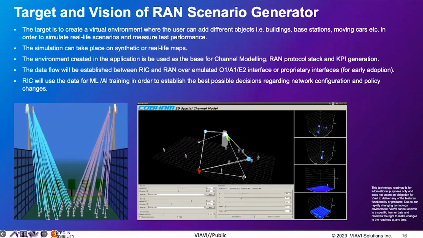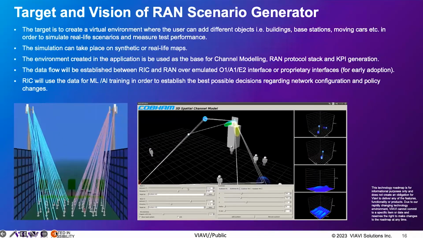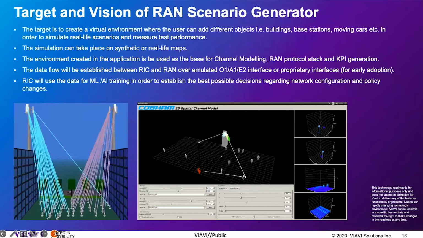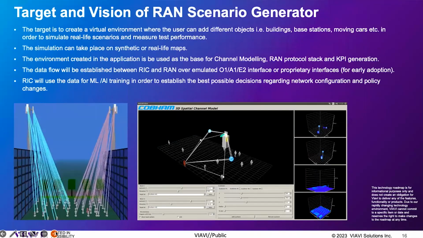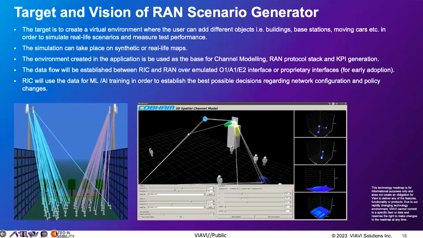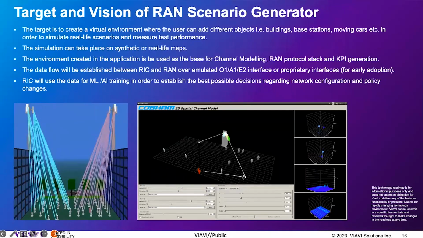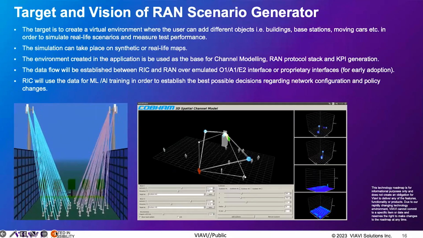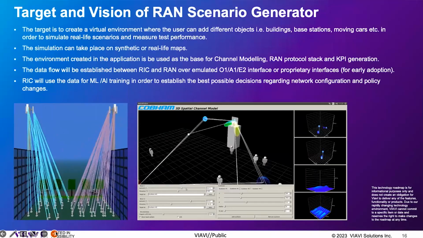So one of the things we're looking at there is very clearly how do you build the right models so that what you're testing inside that RIC app, the R app or the X app, that should be able to do maybe some automated PCI collision validation or energy efficiency or so on, that you're able to test and validate the right scenarios. This is a quite complex type of modeling activity, and